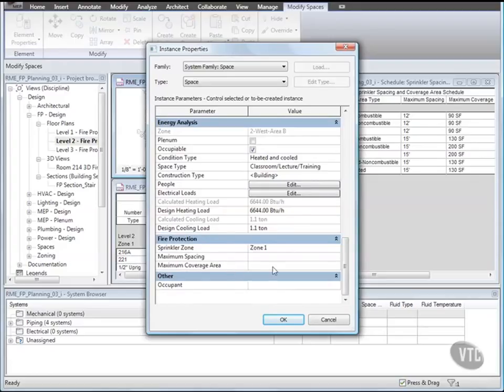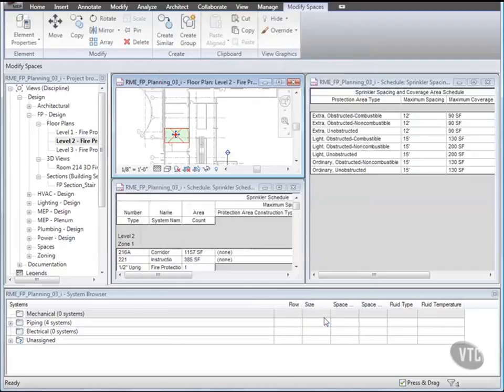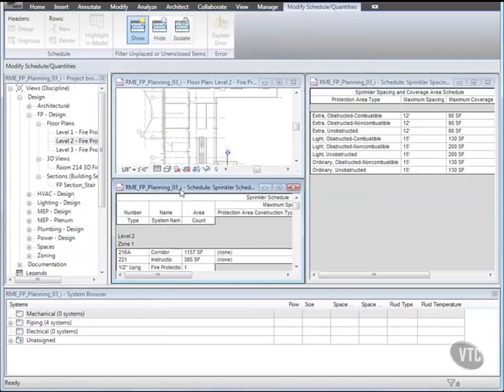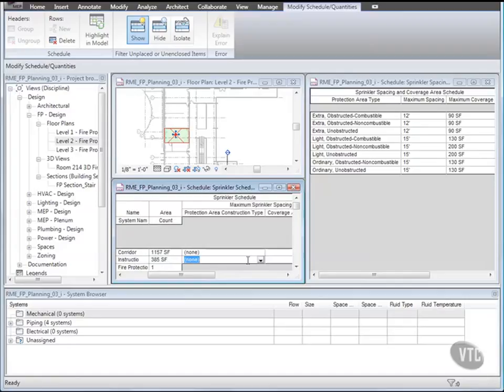Click Cancel. Then, in the Sprinkler Schedule, select Space 221 Instruction, and for Protection Area Construction Type, select Ordinary Unobstructed. Then, with the space still selected, click in the floor plan to make it the active view, and then access